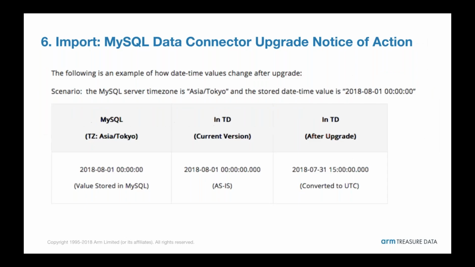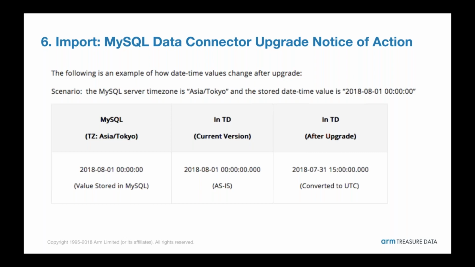Moving right along to number 6. This one is important because there may be some action required for users who are using the MySQL data connector. Essentially, the background on this is that the latest version of the Bulk MySQL plugin sets a property as false by default in order to get the correct date-time value when the MySQL server time zone and the client time zone are different. So this change also means that the date-time values are converted to UTC time zone, which is